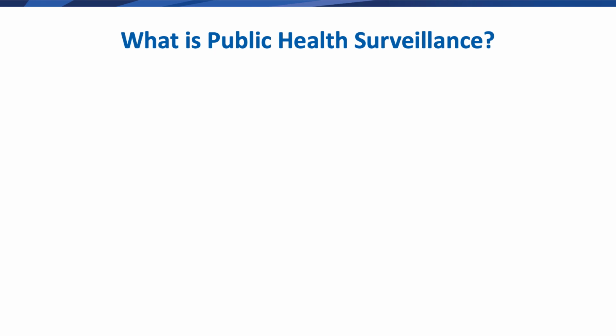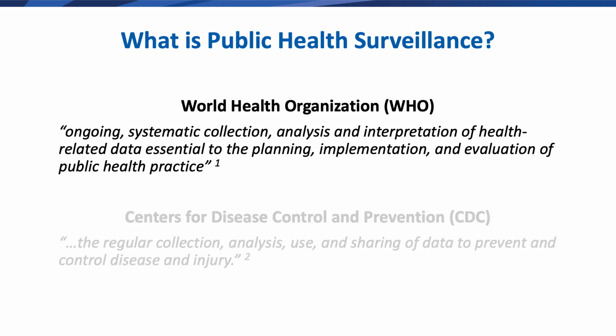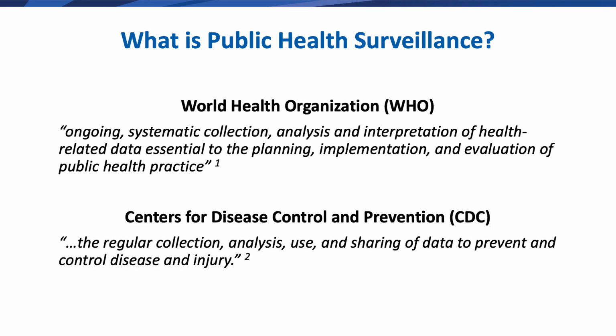So, what is public health surveillance? The World Health Organization defines public health surveillance as ongoing systematic collection, analysis, and interpretation of health-related data essential to the planning, implementation, and evaluation of public health practice. Similarly, CDC defines public health surveillance as the regular collection, analysis, use, and sharing of data to prevent and control